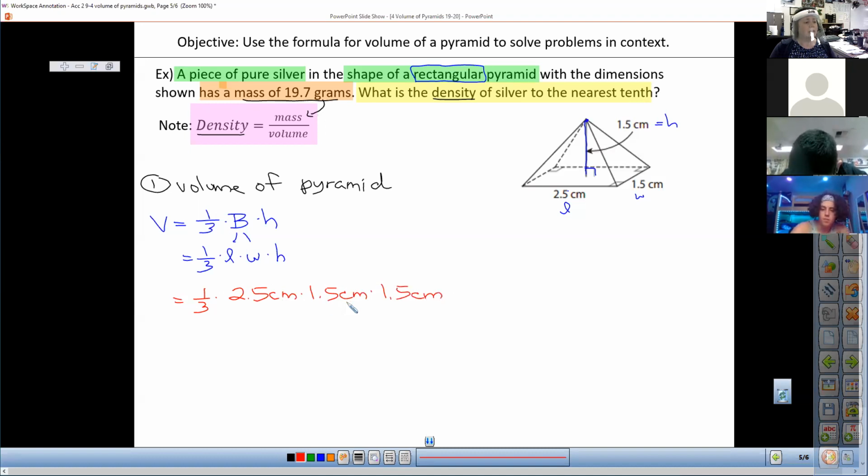So we're going to get centimeters times centimeters times centimeters. So our volume is in cubic centimeters, which is part of the standard units for density. Whether you know that or not, it's not important. We just go with it here. All right. And then we have to remember to divide that by 3 too, to get our 1/3 in there. So I get 1.875